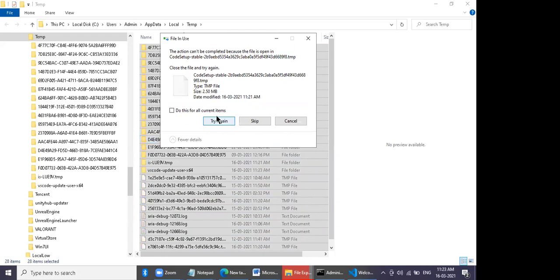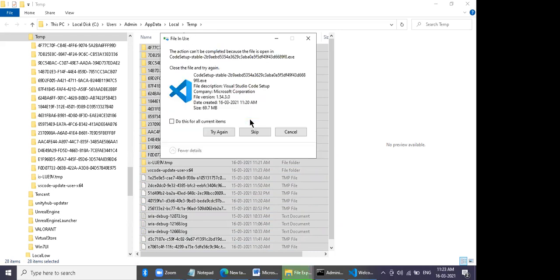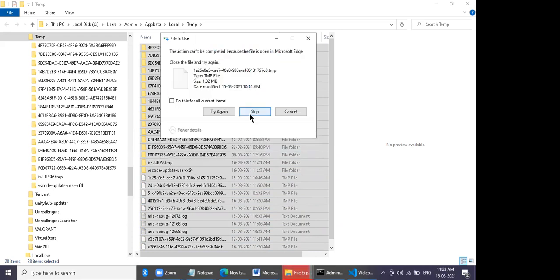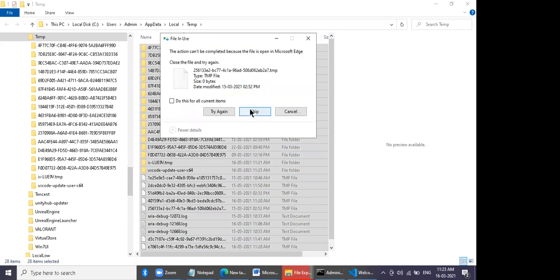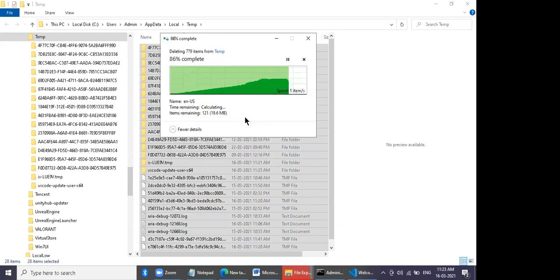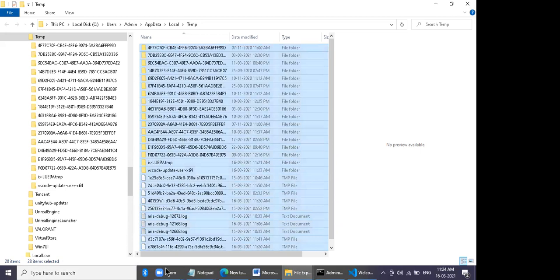Say skip, skip, skip, skip. Now go to Task Manager. Check how the tasks are coming.